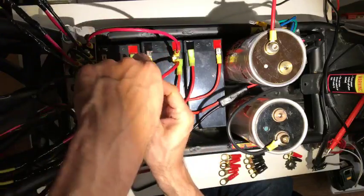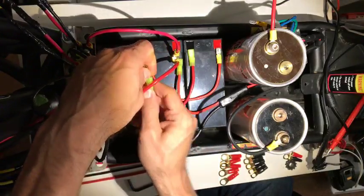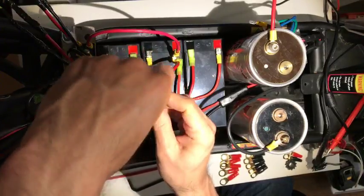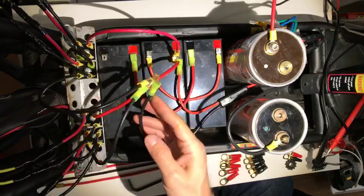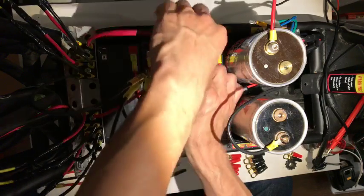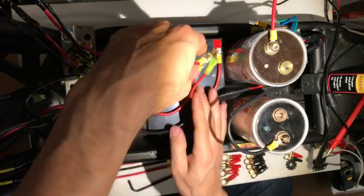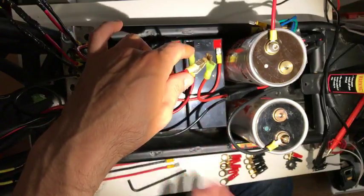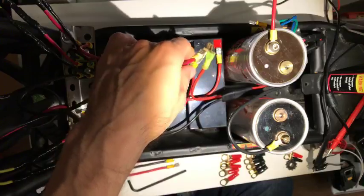Well, hold on a second. Yeah, make sure the batteries are connected. Alright. Yeah, just like that. And then this one too. Mm-hmm. So now the batteries are totally not connected to anything except each other. Yeah, so then basically